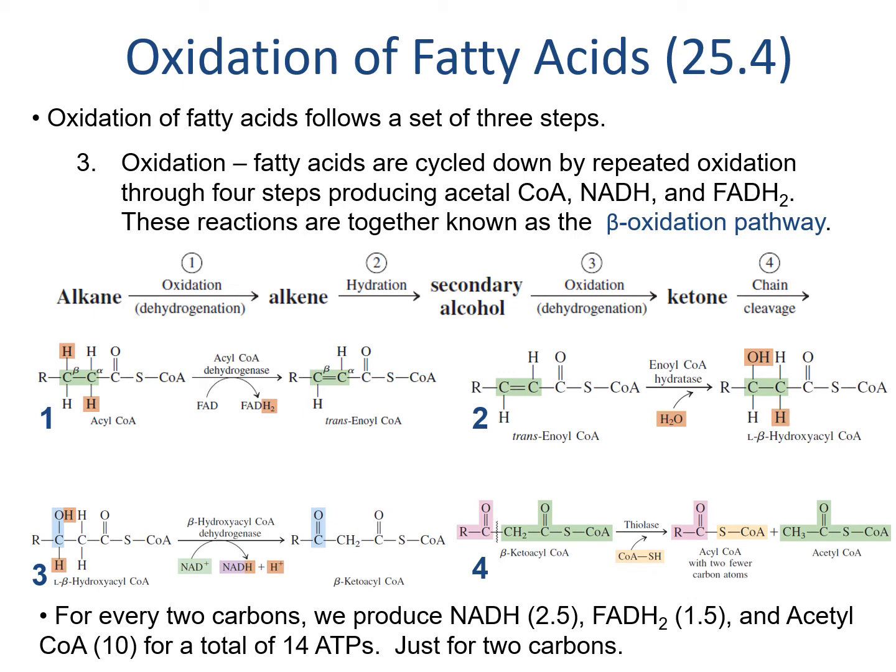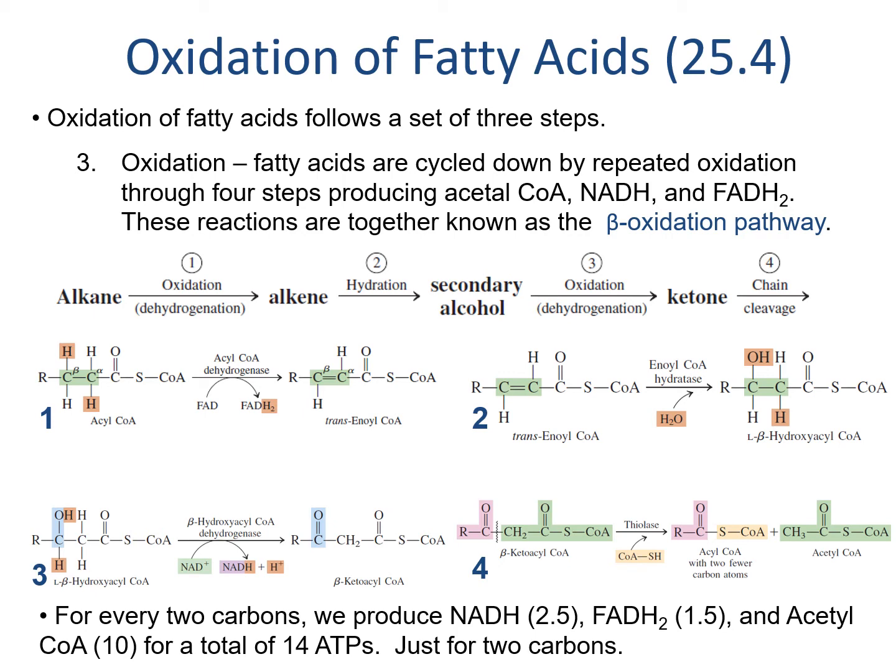This pathway also produces the same cofactors that we saw in that portion of the citric acid cycle. FADH2 for the oxidation to an alkene, and NADH for the oxidation of an alcohol to the ketone. The fourth step of beta oxidation splits the two ketone molecules into two acyl CoAs. One of the acyl CoAs is specifically acetyl CoA, 2 carbons, and the other is a carbon chain, an acyl group that is 2 carbons shorter than it was before.